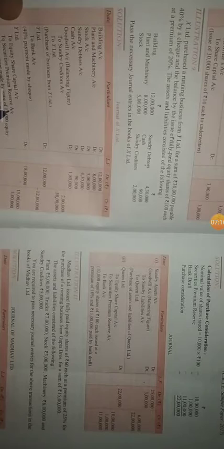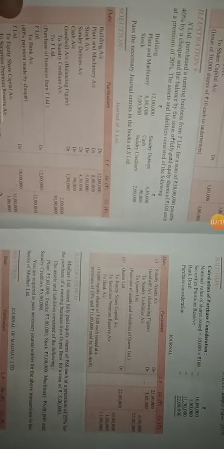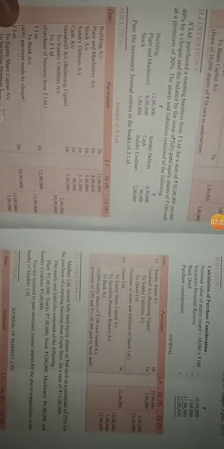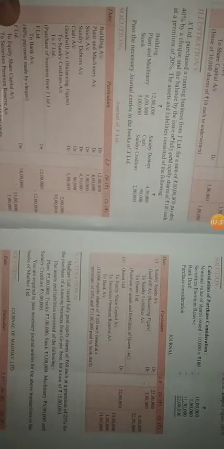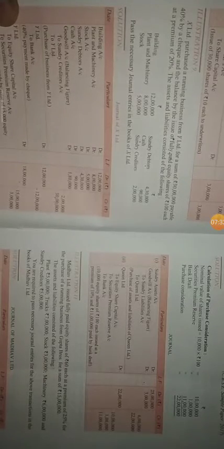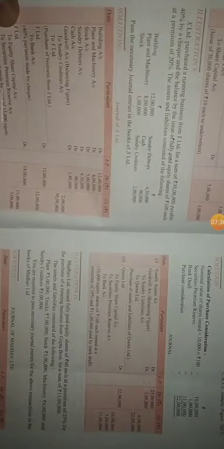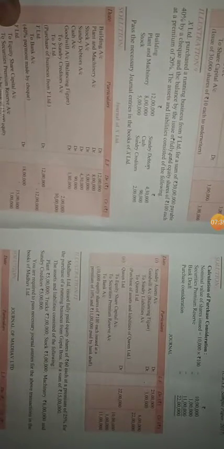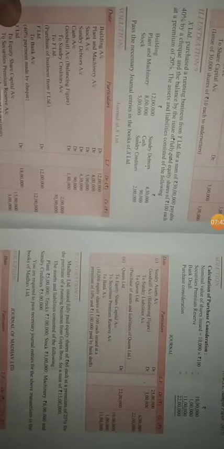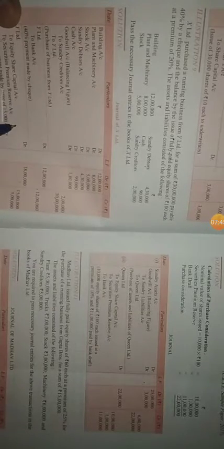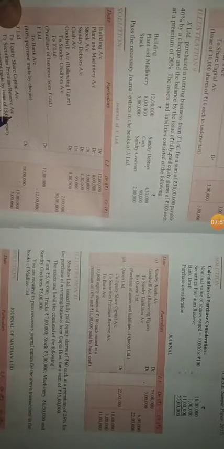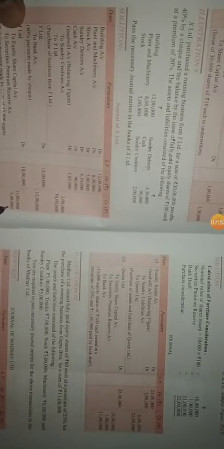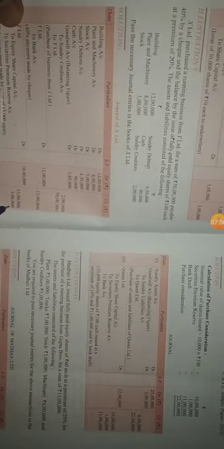So how can we calculate the number of shares? Total consideration 18 lakh divided by the price of share. You can also note down the formula: total payable amount divided by price per share equals total number of shares. And the total number of shares 15,000 multiplied by 100, total 15 lakh. And the securities premium amount rupees 20 multiplied by 15,000 shares, that is 3 lakh.